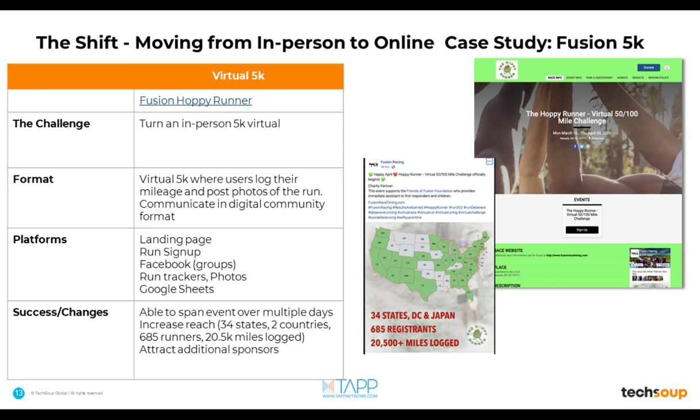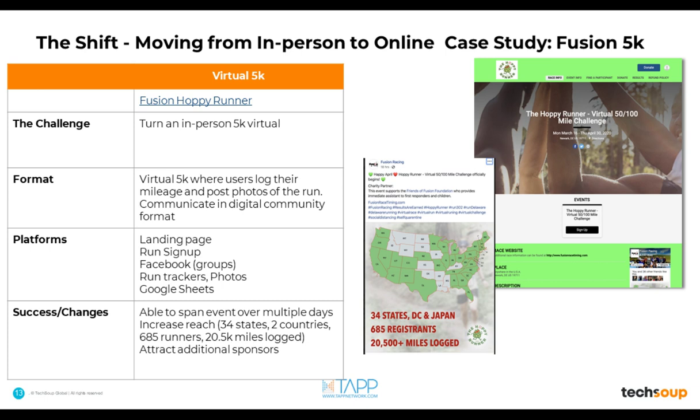And then there are accompanying in-person events, gatherings afterwards and beforehand. But there was going to be a lack of engagement now because there wasn't going to be an in-person piece, which is what they were concerned with in hosting a virtual run. So they pivoted, though, right? And they launched a virtual 5K, and they attracted people that had moved away. They noticed that people that had run the 5K in the past who weren't here locally signed up for this